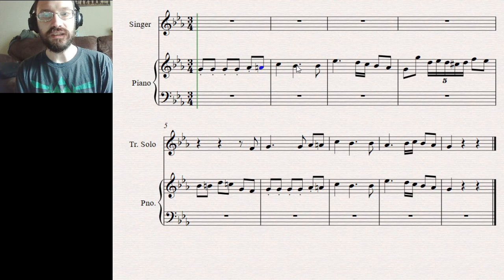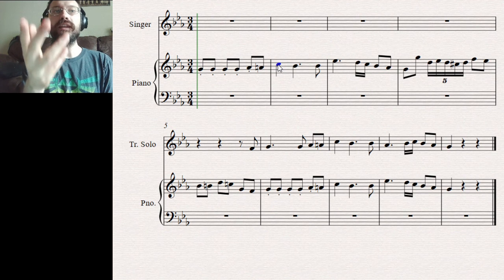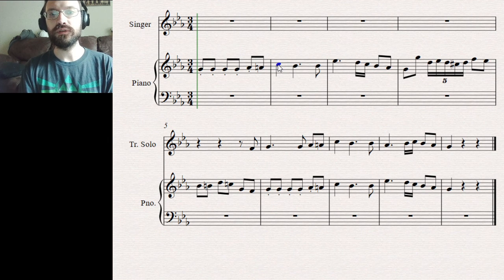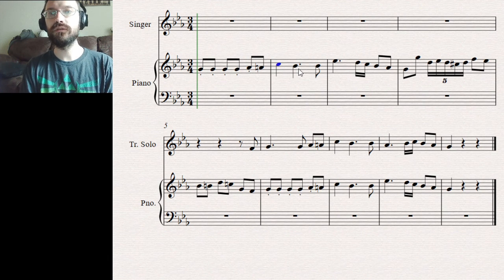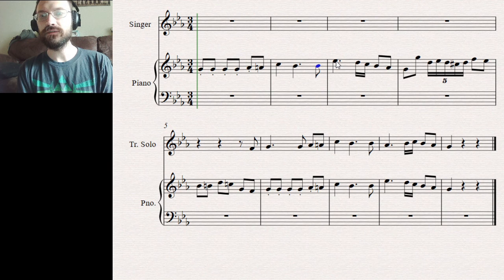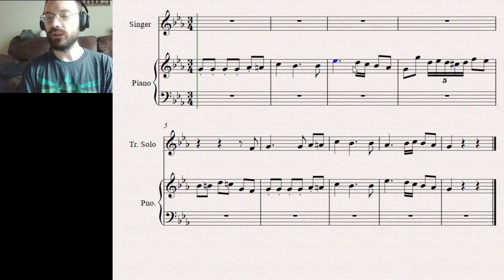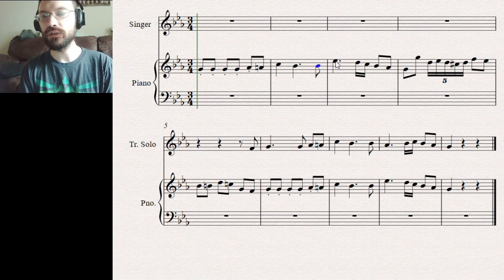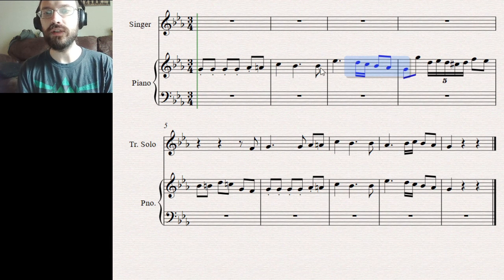We do get that B flat, but only after she makes a little bit of a leap up and then stepping back down from that leap to the C. We then have a big leap up to an E flat, a leap of a fourth. And then what is very common in classical European music, if there's a big vocal leap like this, it tends to be followed by some kind of filler taking us back in the opposite direction.